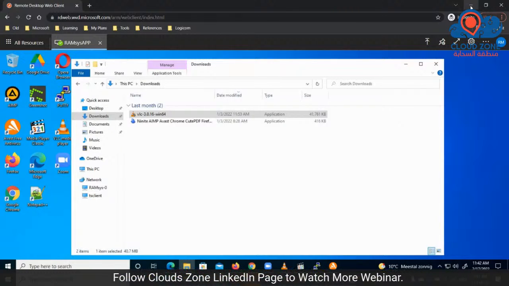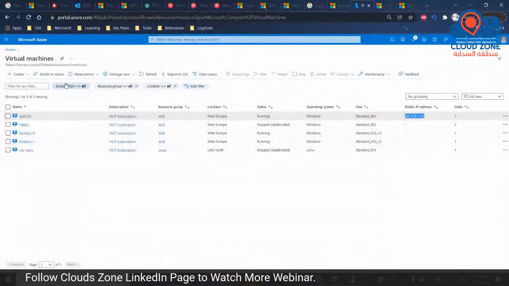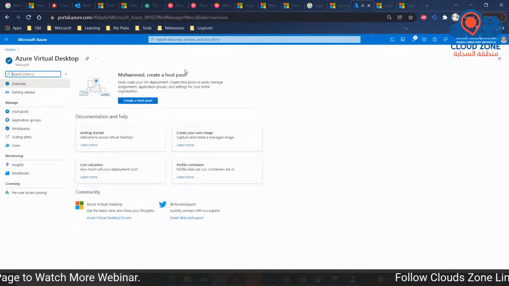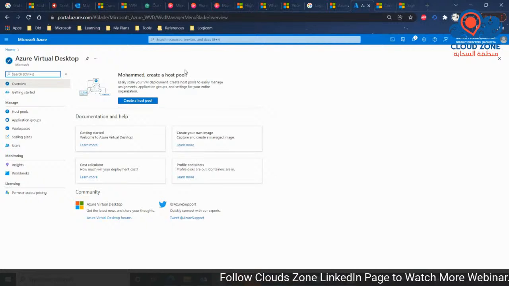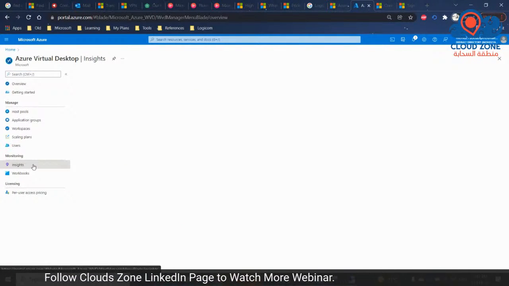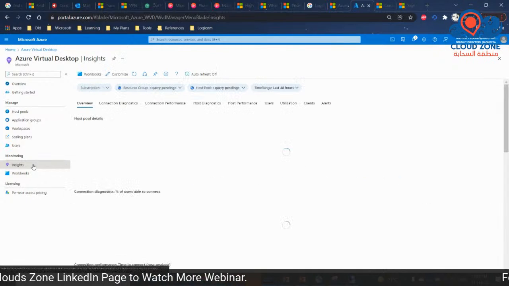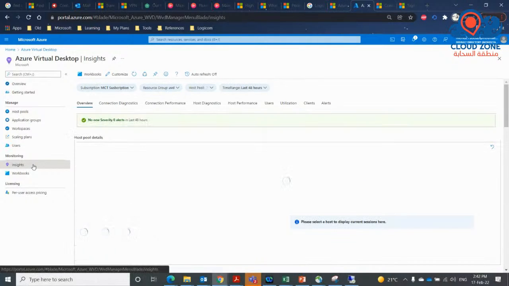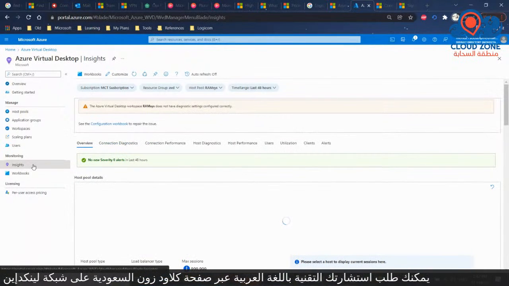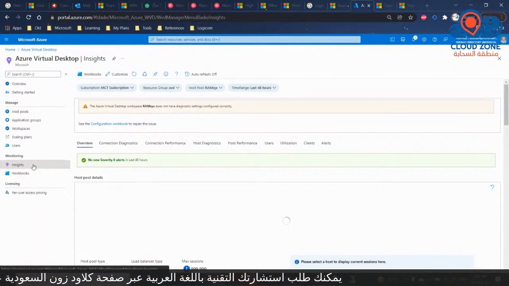I just want to show you one last thing, which is the performance. I have created my virtual machines. I have assigned my users. My users are using my virtual machines perfectly. I need to have some insights. Is this virtual machine suitable for the workload that is running on these machines, or do I need to scale these virtual machines? So what I have done, I created some sort of